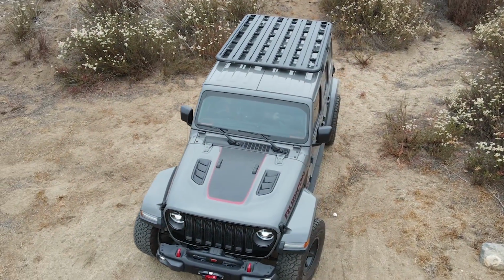We are at the very beginning, just inside the gate of the Lusardi truck trail. And I'm really not out here to do a whole lot of off-roading today. Got it a little bit dirty, but mostly here to talk about the Jeep and what we bought, what we like. So far, we don't have any real dislikes. But I'll tell you what we didn't get that we weren't aware of because we didn't know what to look for. So maybe this will help some people that are about to buy a Jeep. So without further ado,